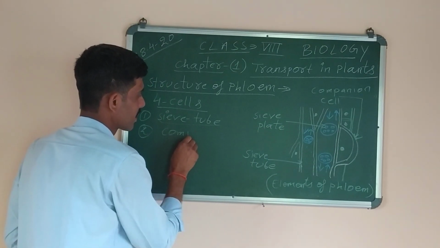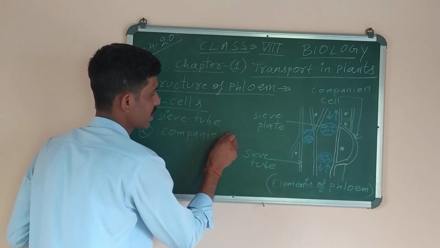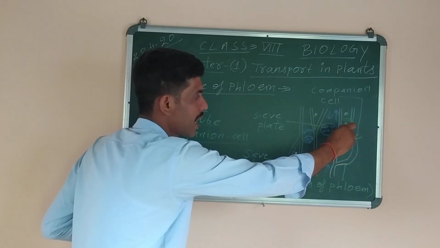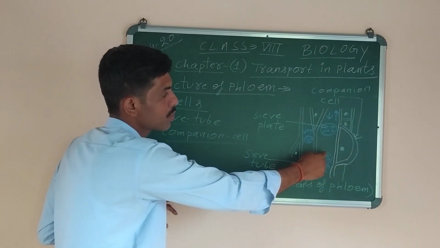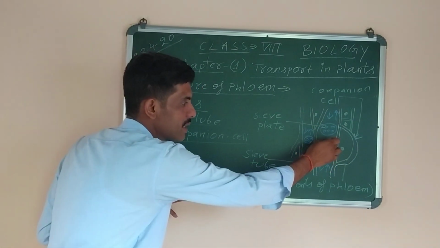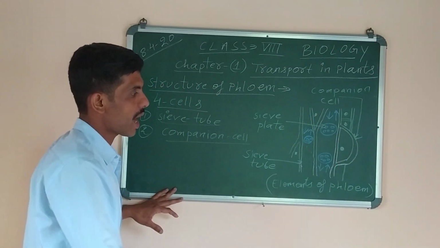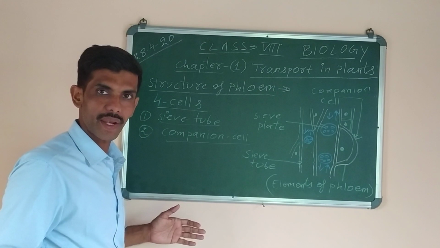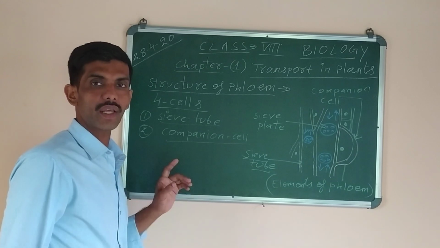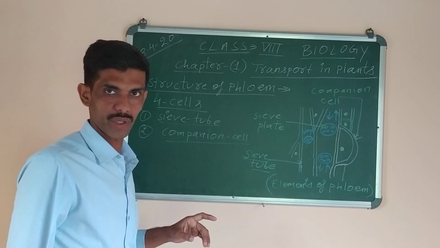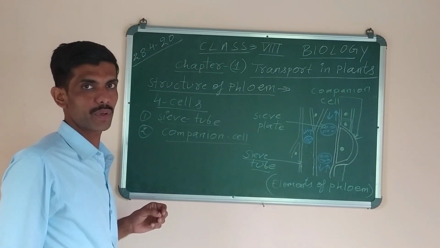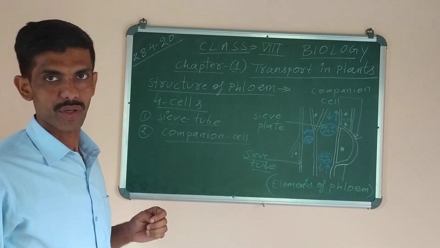companion cells. The second element of phloem tissue is the companion cell. You can see here companion cells. They have a nucleus and they are present adjacent, adjacent means close to the sieve tube. Since they are present together or near this, and they have a nucleus also, they are called companion. Companion means friend, because both the sieve tube and the companion cells together form the functional unit of phloem tissue. Means they are the ones due to which the phloem is able to transport digested food from one part of the plant to the other.